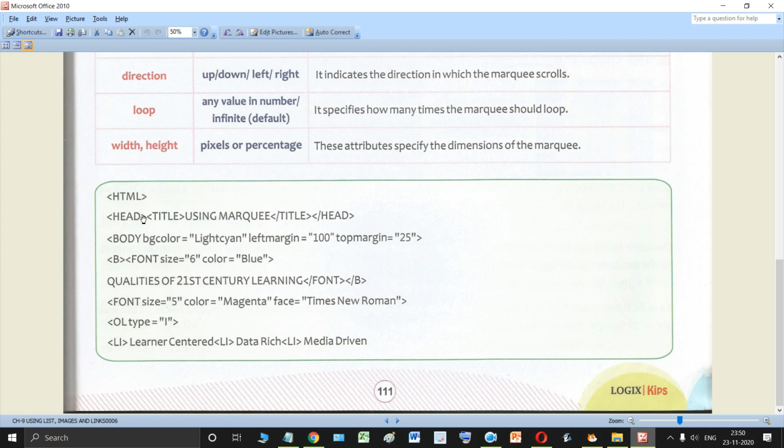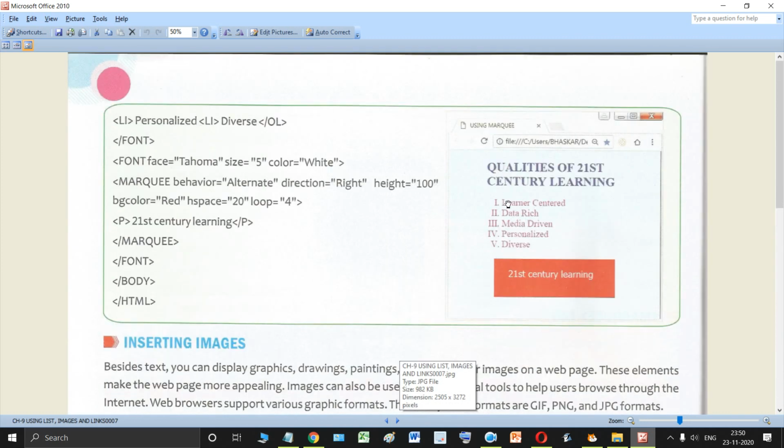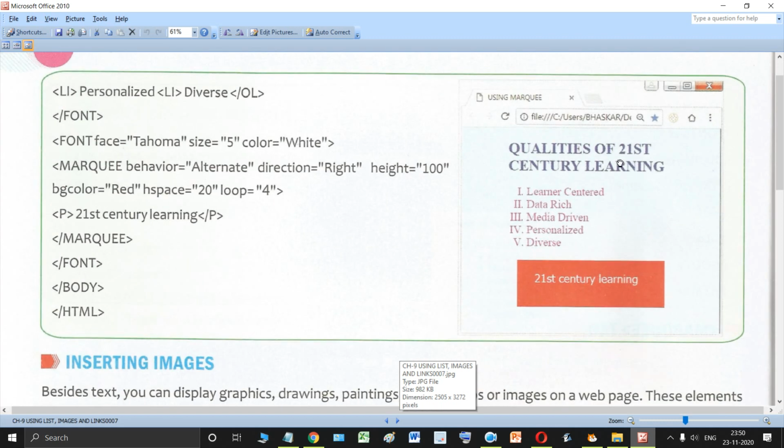Now this is a very simple program that they have written over here. At the top they have written qualities of 21st century learning. They have given a background color to the page and created an ordered list, and below the ordered list they have made a marquee with the text 21st century learning. They changed the color of this text to white with the help of font.